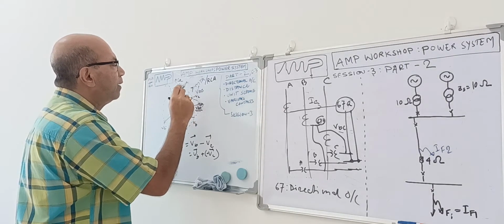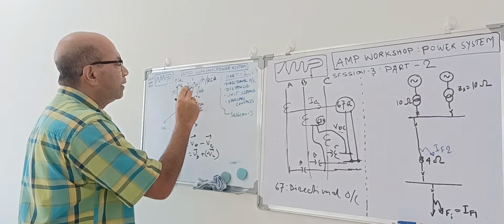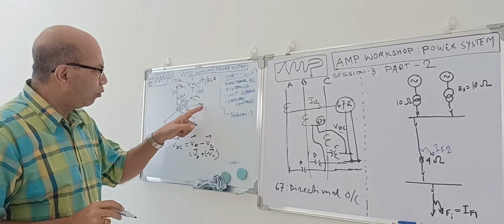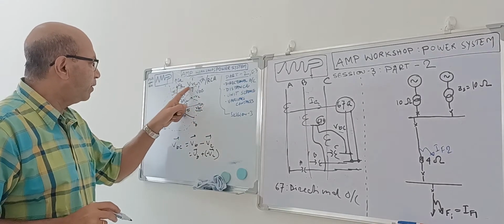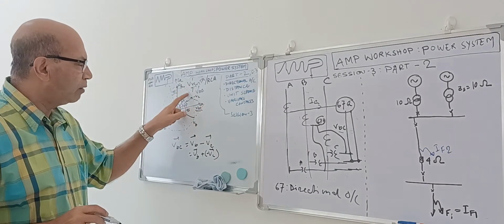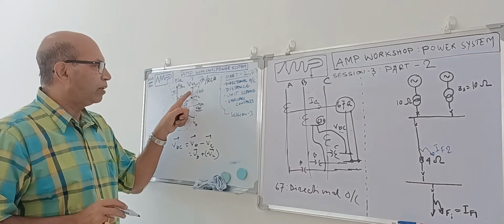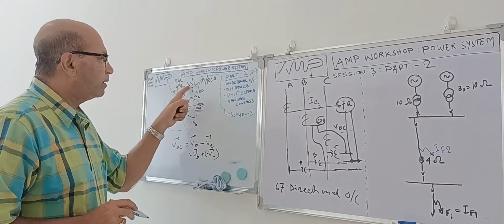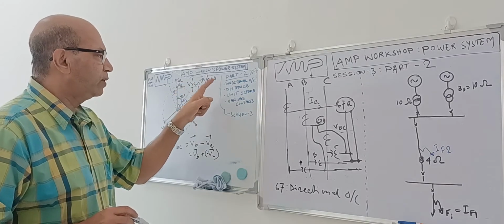This is called V dash VC. You can say it the other way. If you let this be 45 degree leading with reference to this, or 45 degree lagging in terms of phase to neutral voltage, at that position with a minimum current, this relay can operate. That is called maximum torque angle or relay characteristics angle.